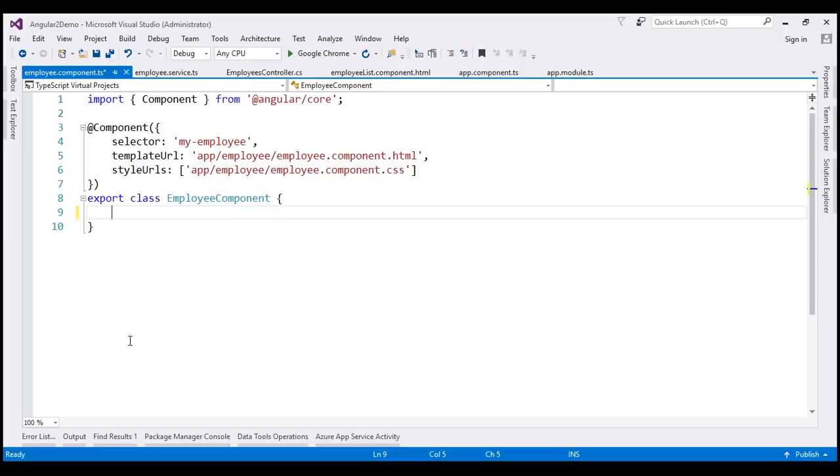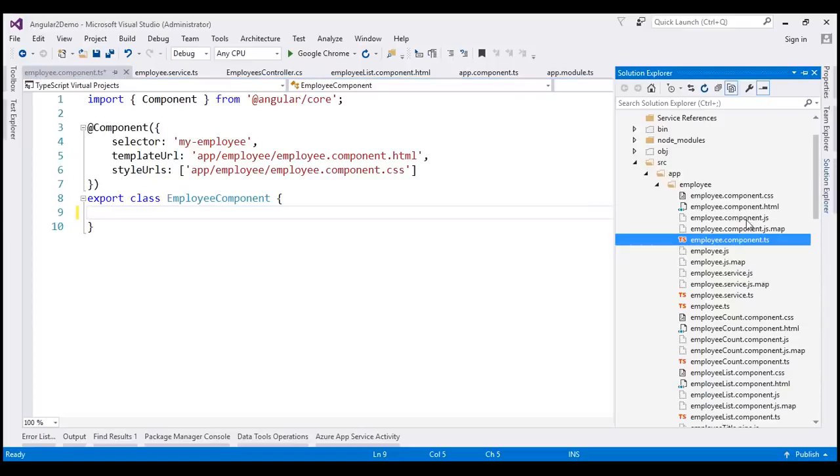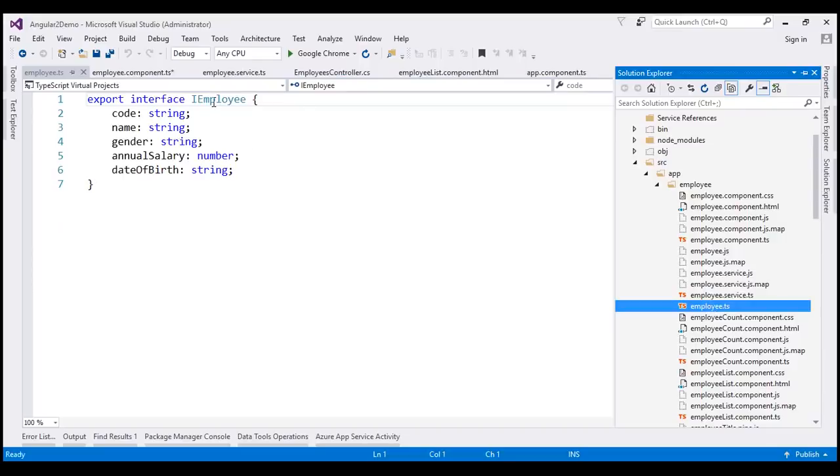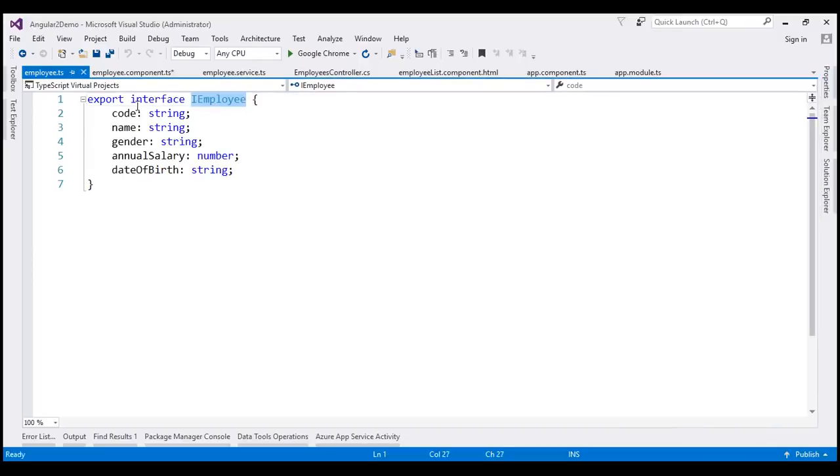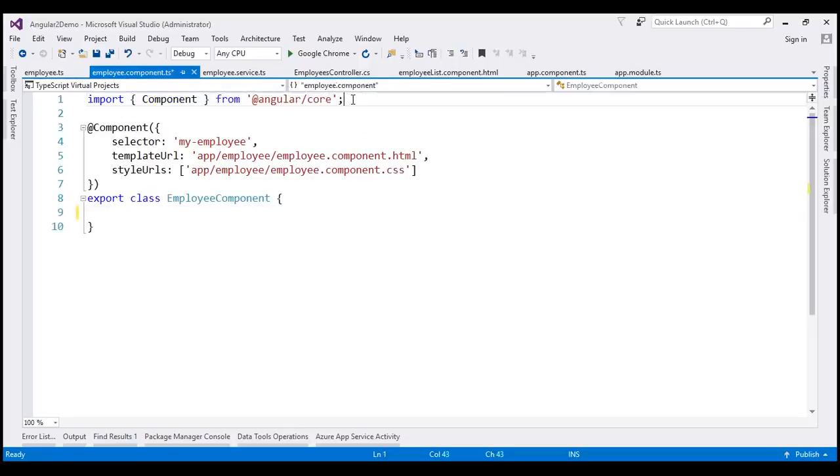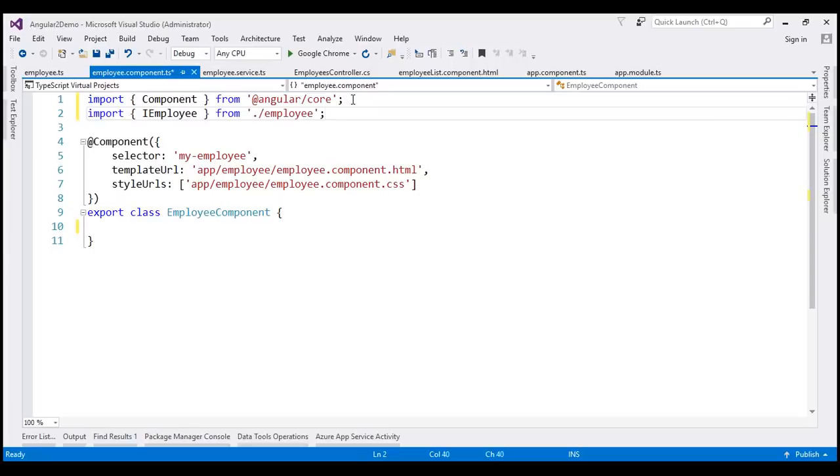And we are going to make use of the iEmployee interface that we created in one of our previous videos, and that interface is present in this file employee.ts. Notice here we have the iEmployee interface with all our employee properties. Now we want to use this interface within our employee component, so let's include the required import statement, and then